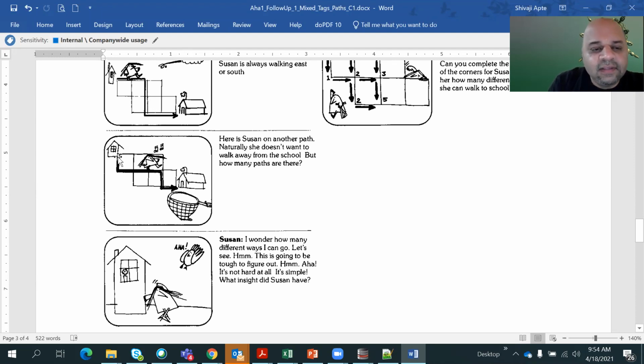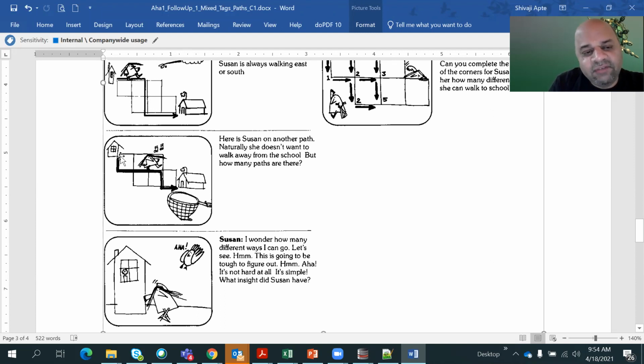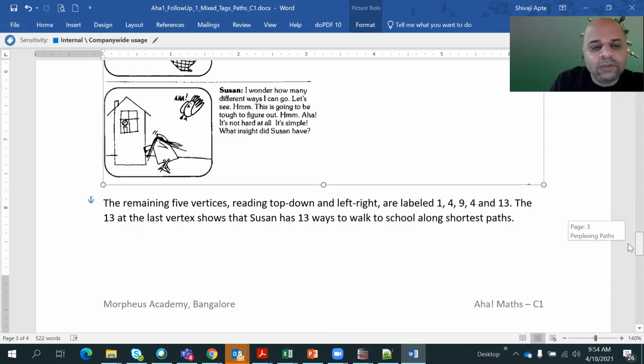Or in the third picture here, what I've got is from the house, instead of going to the left, she takes the right, goes 1 block, then she turns left and walks 3 blocks. Then again she turns right 1 block, and then she turns left 1 block, and again she reaches the school in the same time. It is just with a different route, right? Possible, right? All of you understand this? At every junction, you can take a right or a left, or sometimes if there is a straight path available, it is up to you, right? So this way she goes.